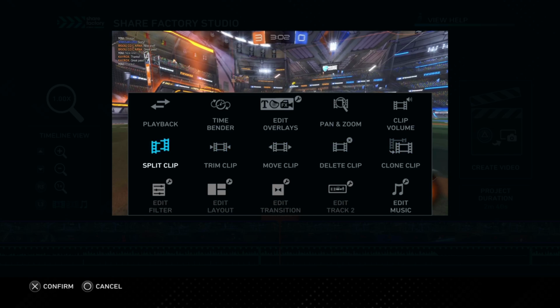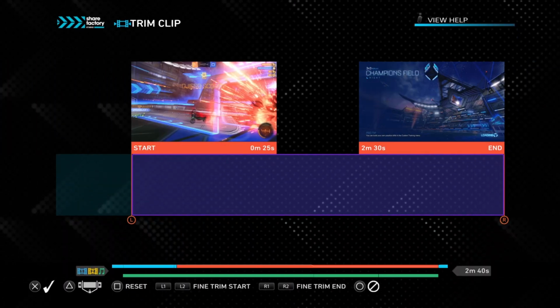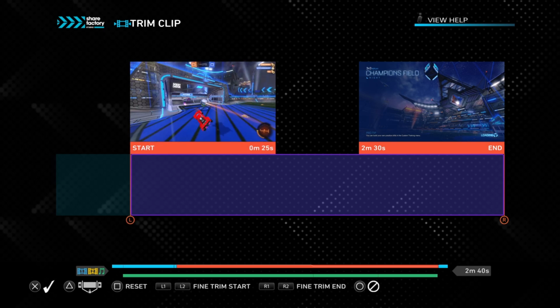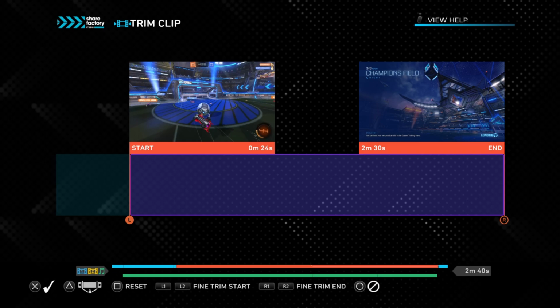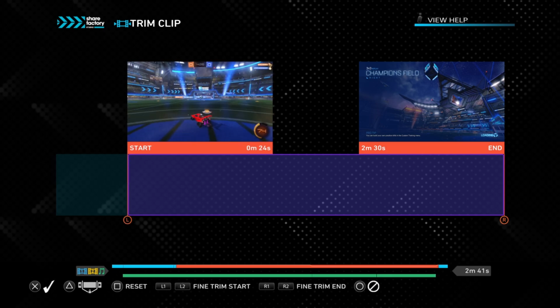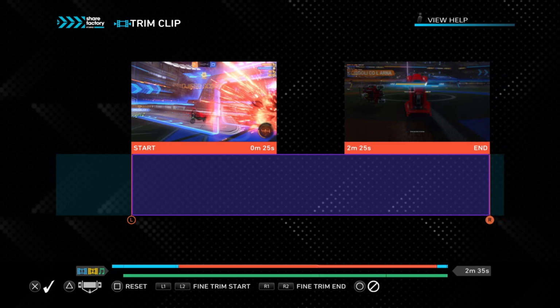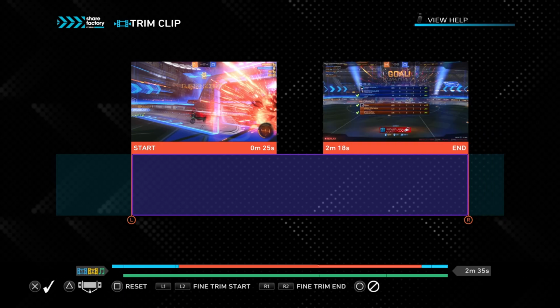And again, you can decide to split the clip as you see fit. You can also trim it, right? Maybe it starts somewhere where you don't want it to start. You don't want to split it because splitting is not as accurate as trimming. So right here you can already see down there I'm giving the option to fine trim start or fine trim end. See right here I'm moving